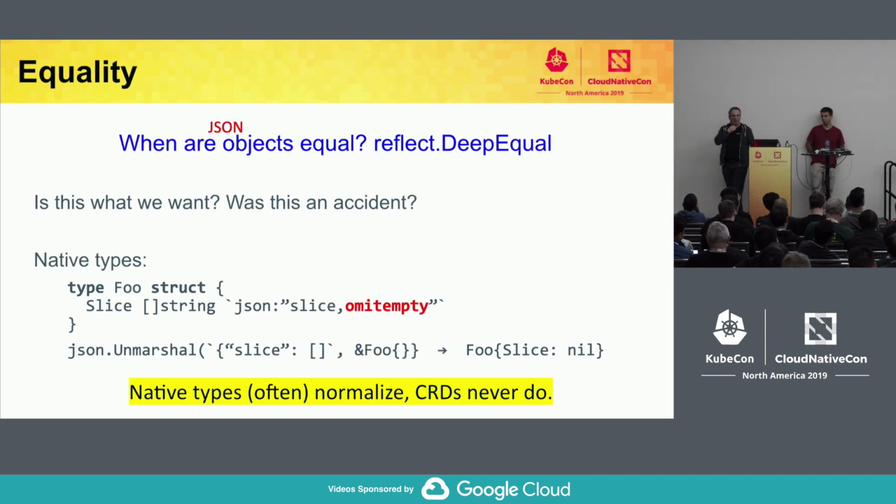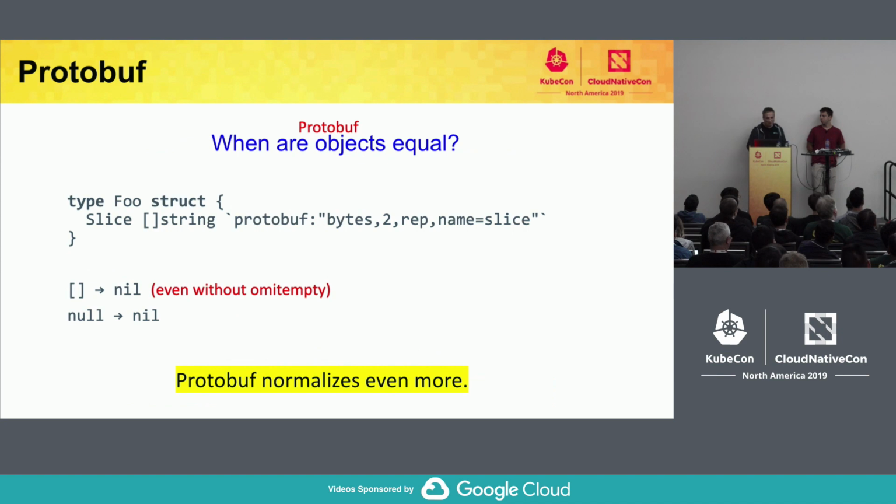Native types are different. Everybody knows that if you use Golang types and you unmarshal into them, certain things are identified by omitempty. Everybody knows omitempty in Golang code. So we have something which normalizes in native types already. In CRDs, we don't have that at all. And the question is, maybe we should have that. For many use cases, we don't want to distinguish between those three special edge cases. So maybe we need something similar in CRDs as well. We are looking at protobuf or some variation of binary encoding. And protobuf is even more like that: there is no distinction between not defining something in a CRD and empty.